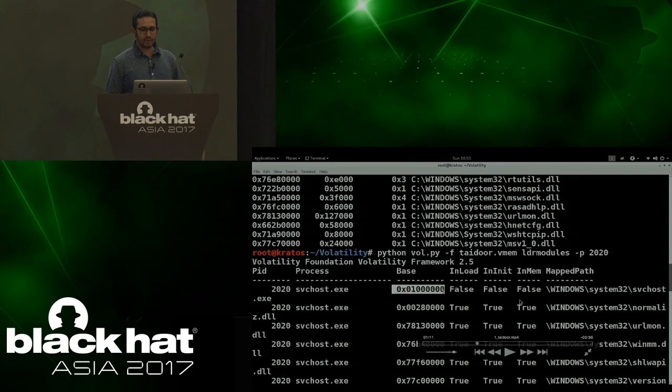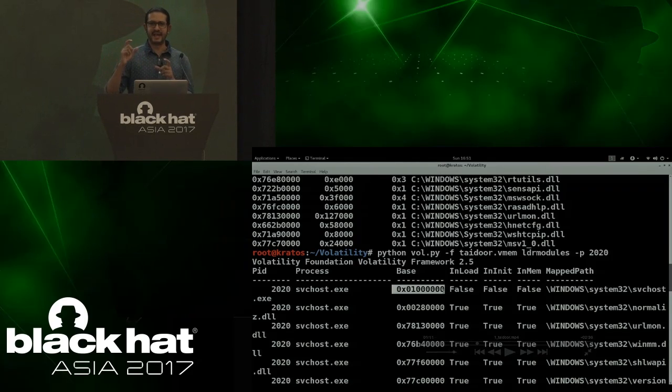So it is telling you this is your malicious module, but is it really malicious? Let's see, because you know what's in this address. This is just the svchost.exe in the suspended state. It's not really malicious. So it is basically confusing you. It is confusing the tool that relies on the kernel data structure to give you a feeling that this is the malicious module, even without installing a kernel driver.